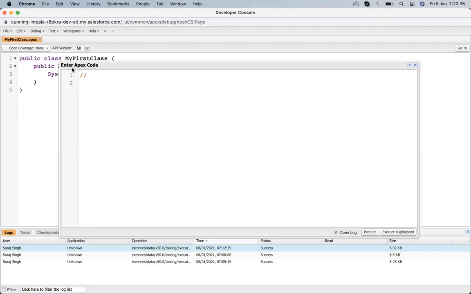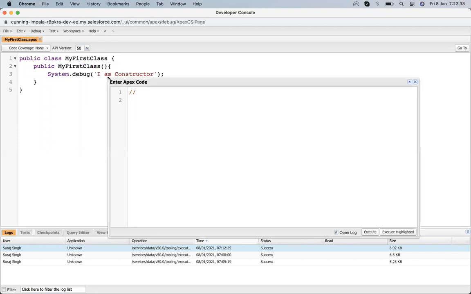So for declaring an object of a class, we just have to type the class name, then the object name equal to new, and then again the class name.